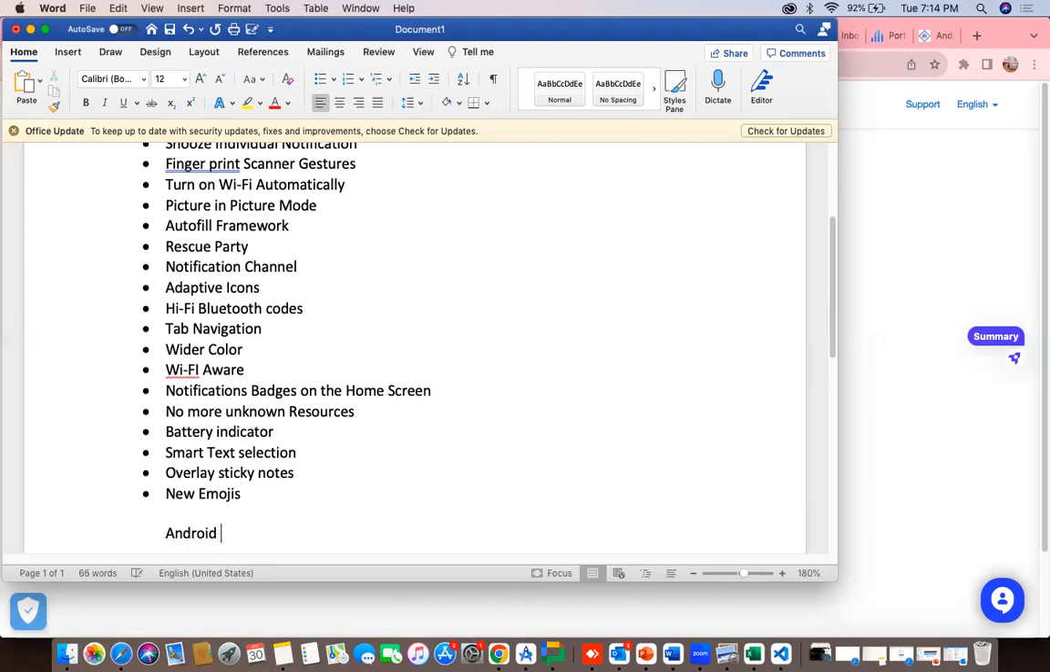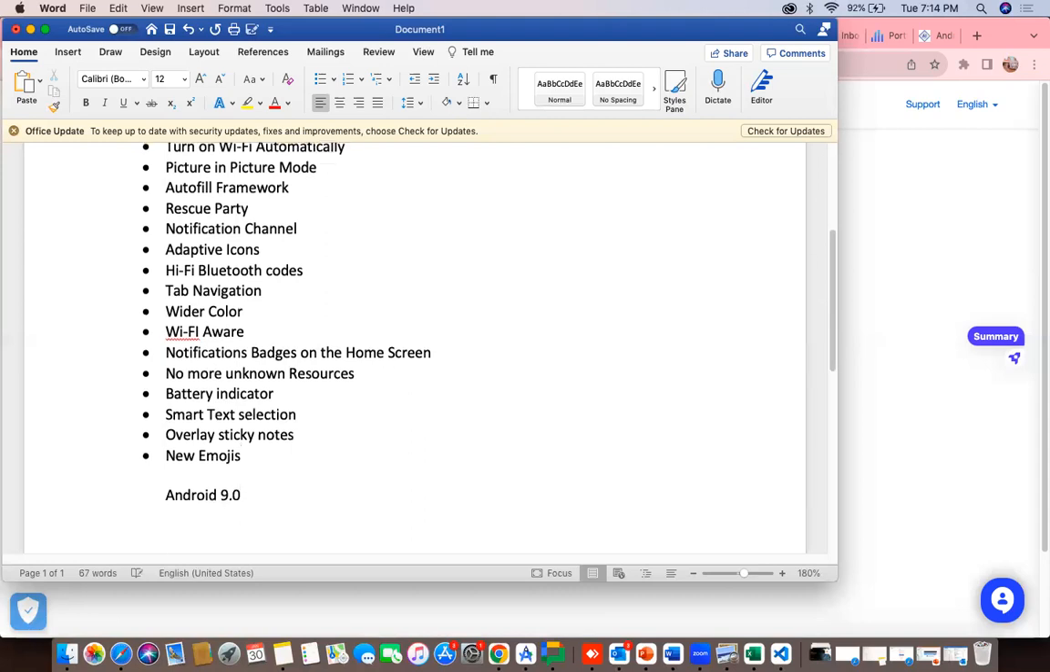Android 9.0. Even in Android 9.0, there are around 5 to 10 features in between. So we can say the Android 9.0 features. The first one is gesture navigation. So what is gesture navigation? Like here,